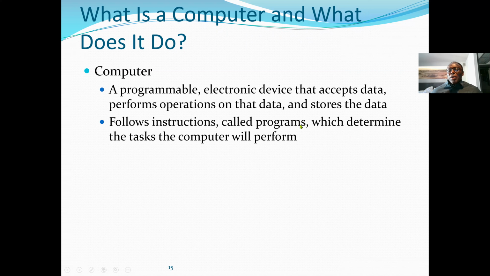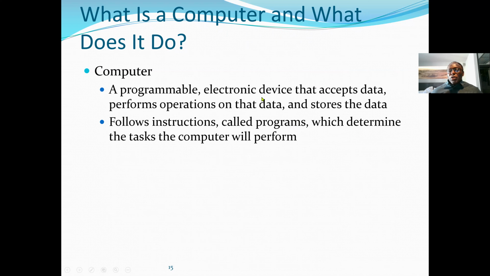So a computer must have 4 basic items: an input device, an output device, the memory, and also the storage device, the permanent storage place. It follows instructions called programs, which determine the tasks the computer will perform.